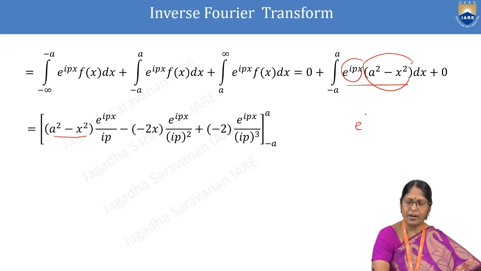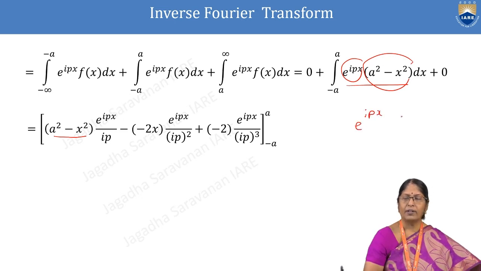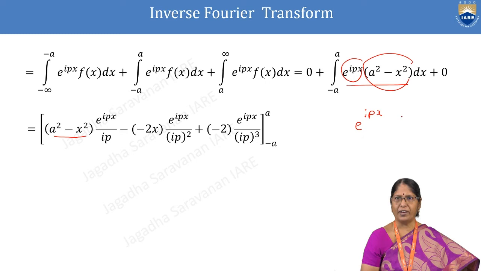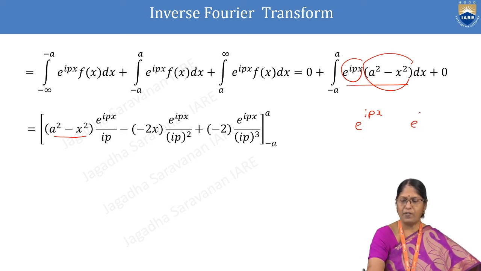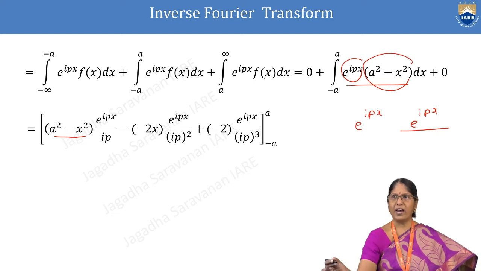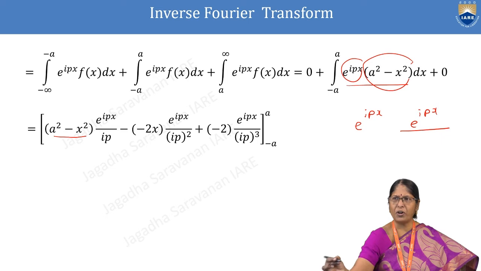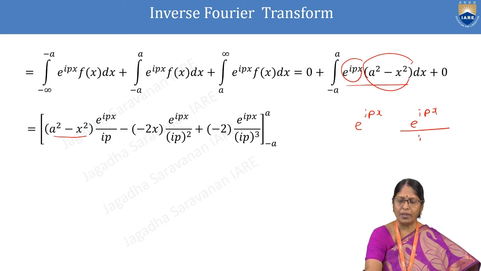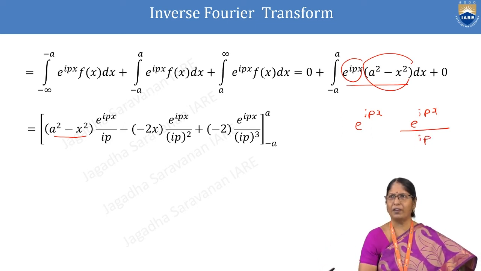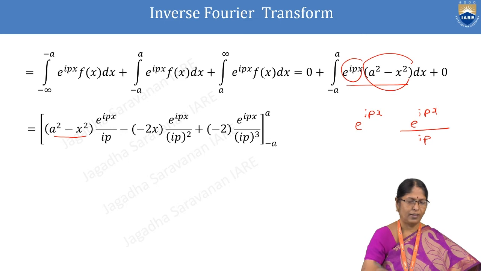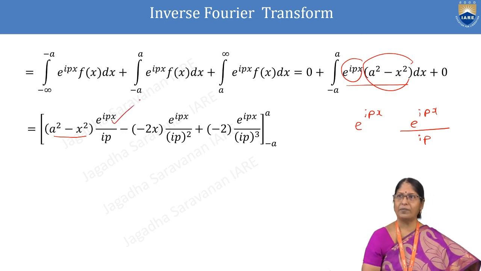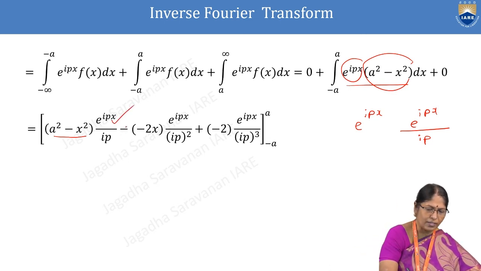Then e power ipx, this we will integrate. That is e power ipx divided by the coefficient of x, leaving x, the remaining is ip. Easy way, we completed the integral. Put it here. Now this sign is